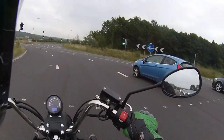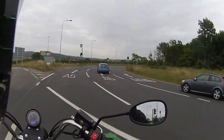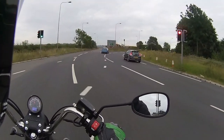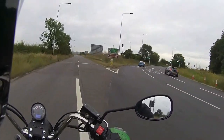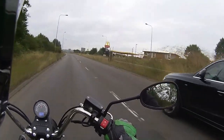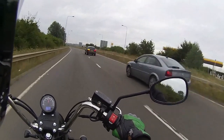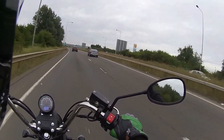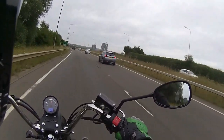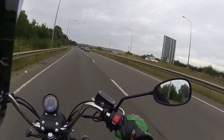So final bit of mileage, we're 10 miles in. We're going to do the hill climb, just to see what it is like going up a hill in 5th gear, and lock the throttle off. So I'm going to hold the throttle position, and we're going to get it up to about 40 miles an hour, and there we go. I'm just going to hold that throttle in exactly the same position. So I'm just going to keep the same throttle going and just see how much power I lose